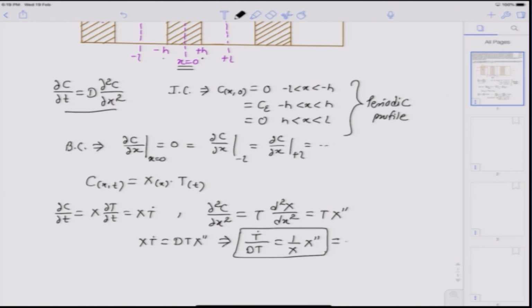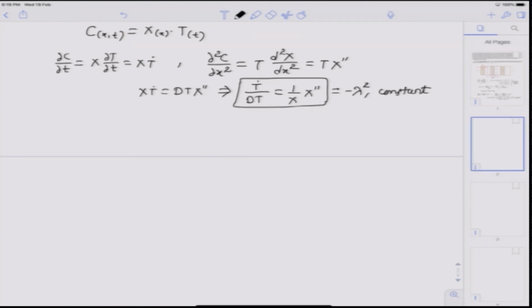Let us denote that constant as minus lambda square. So, we get two individual differential equations, one for T and one for X. We can write T dot plus lambda square DT equal to 0